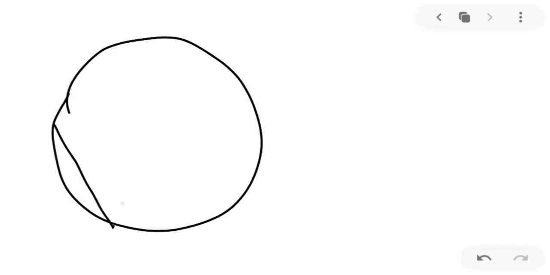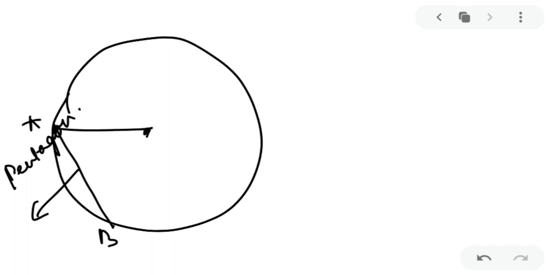My dear kids, if you have a circle and I give you a chord AB, and I say that AB belongs to a pentagon, then if it is a side of a pentagon, the central angle it makes will be 360 upon 5. Remember, the central angle depends on which polygon your side or chord belongs to.